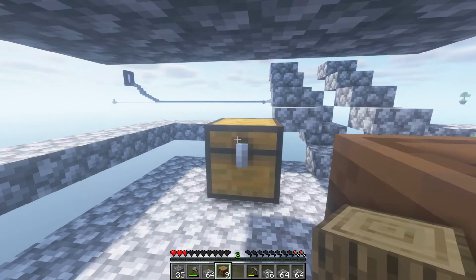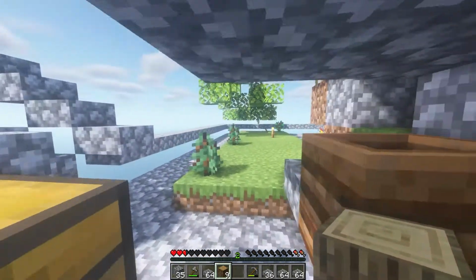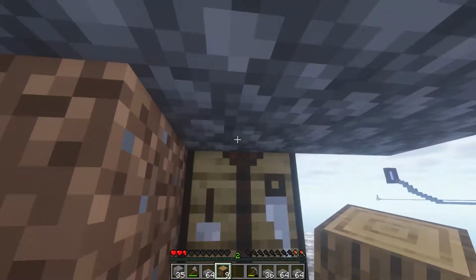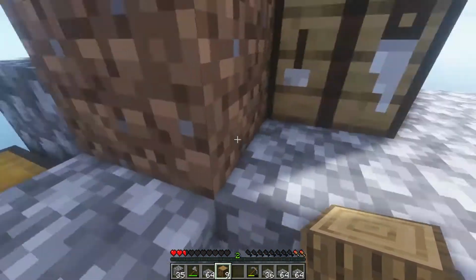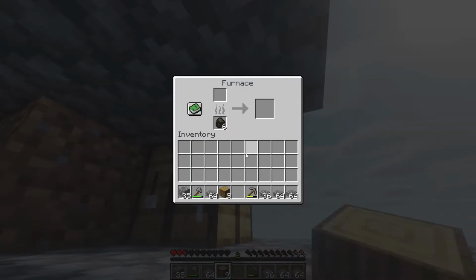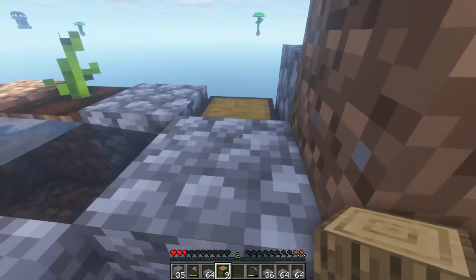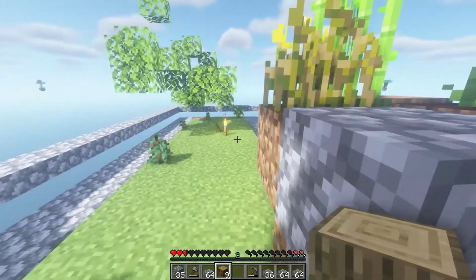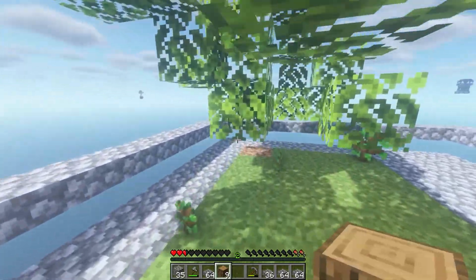I can stand down here if I'm just wanting to AFK, or if I decided that I wanted to farm up some of the cobblestone, I also put some up here, so that way I can reach those as well as get to my crafting table, and if I come out, I can still reach my furnace. So these are just a couple of tricks that you can do if you're following along with me, but just keep in mind,